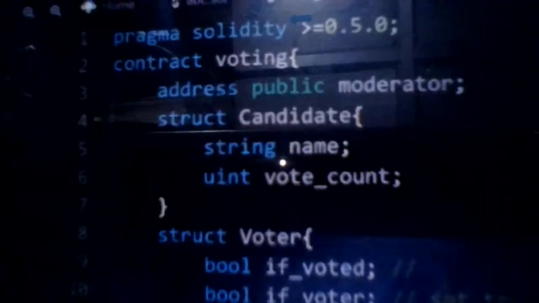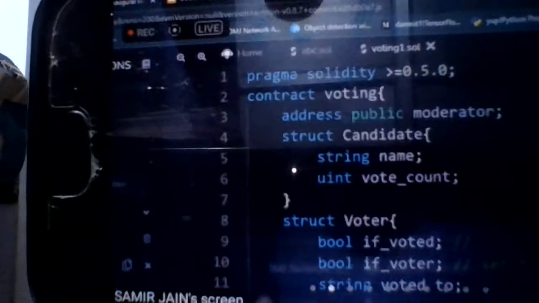So add candidate, and this can only be done using the first account. Suppose I am taking the second account, which is not the moderator, and it is adding a candidate. So we'll go to the add candidate function and check that it should be moderator only.